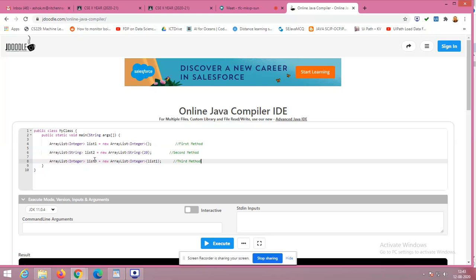So I am creating the array list from the existing list. See that list 1 is the object I have created for the class ArrayList, and list 3 is the object for the class ArrayList. Using list 1 I am populating list 3, right? Data of list 1 can be loaded in list 3. So using an existing array list I can create a new list, by giving the capacity I can create a new list, and by using the default constructor I can create a new list. So there are three ways to create an array list.